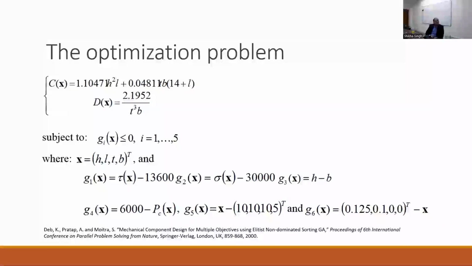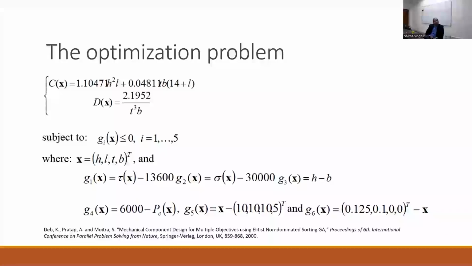I'm just trying to demonstrate how we can use MATLAB to set something like this up. Okay, so there are a bunch of constraints,